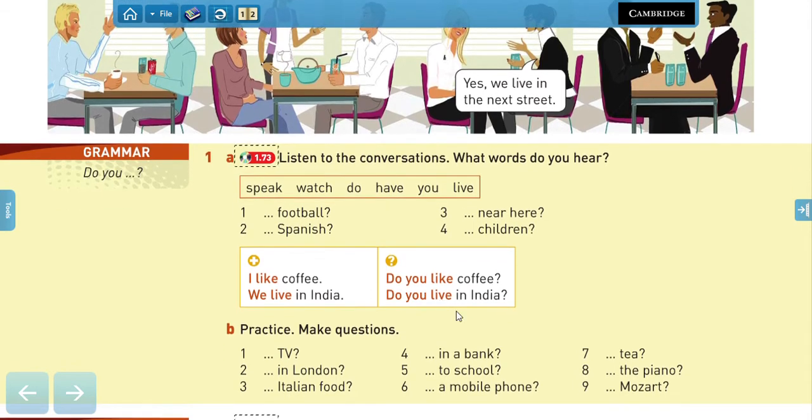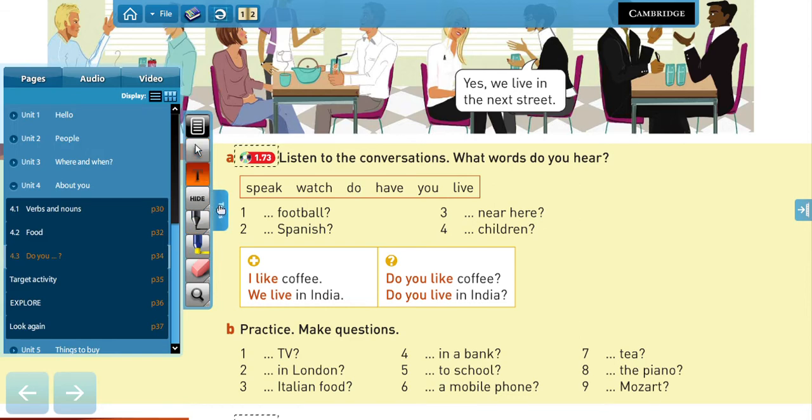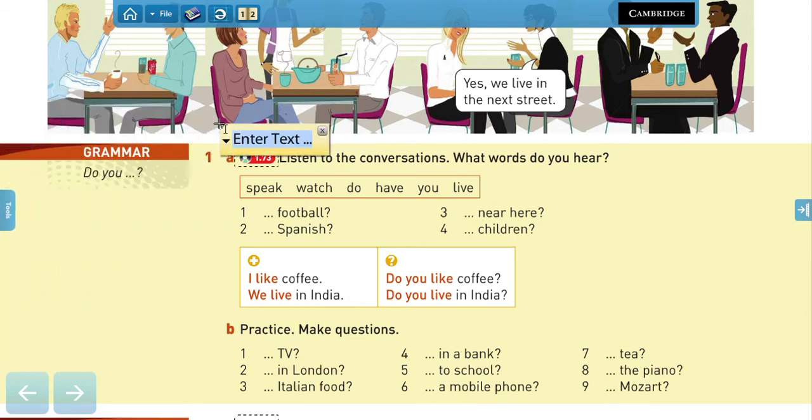Now, practice and make questions. Try to use the verbs that you know, maybe the verbs from here, or other ones that you know, and try to create full questions using the words that you have here. All right? So pause the video and create full questions for each case. Are you ready? So let's see. In number 1, the question can be,